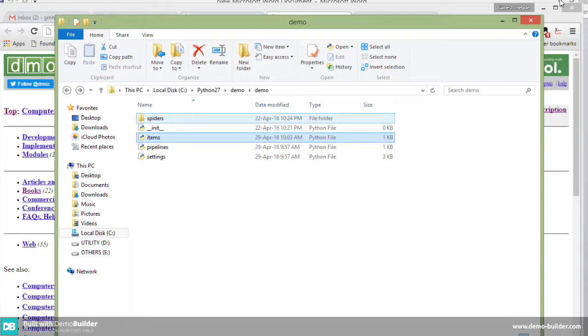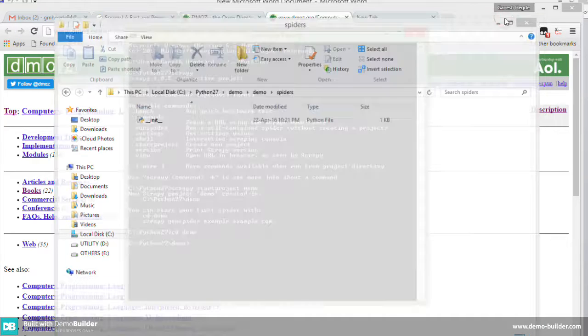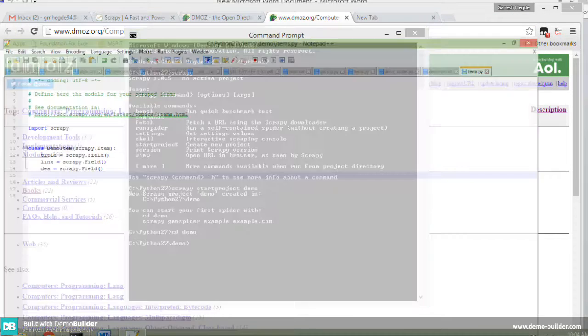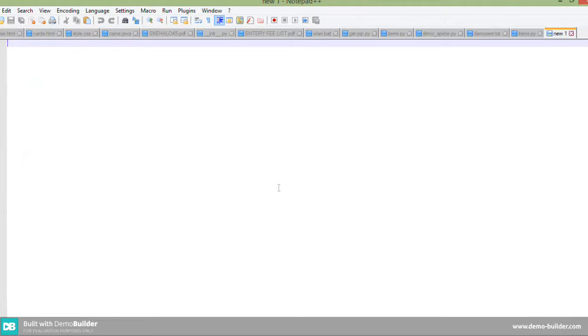Now we need to create a Python file in that spiders folder. Go to that spiders folder, or otherwise go to Notepad++, press Ctrl+N, and save it in some folder.